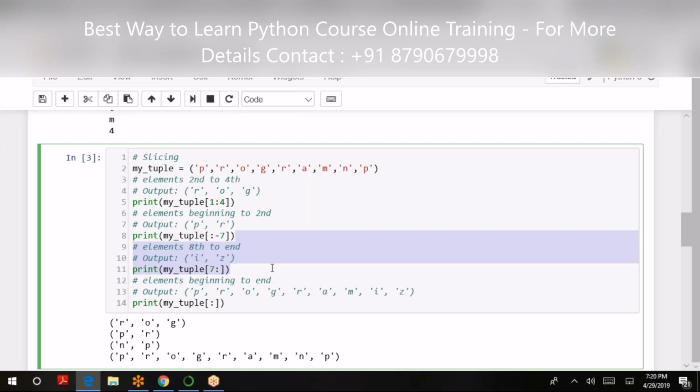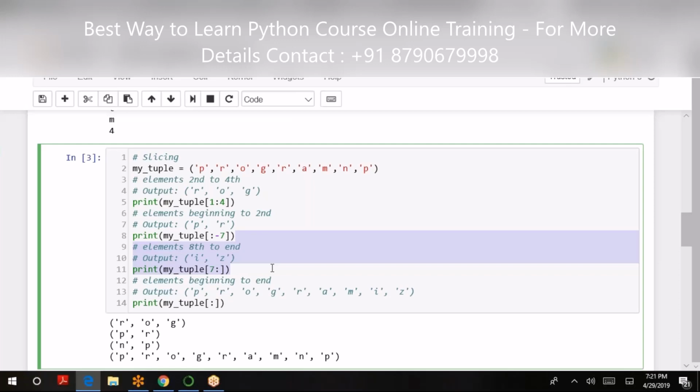Minus 4, minus 3, minus 2, minus 1, 0. Colon minus 7 is going to be PNR. Colon minus 7, like the one it has in line 8, is going to print the first two values. Okay, so that's negative indexing. The higher the number, basically you'll get the beginning of the string.